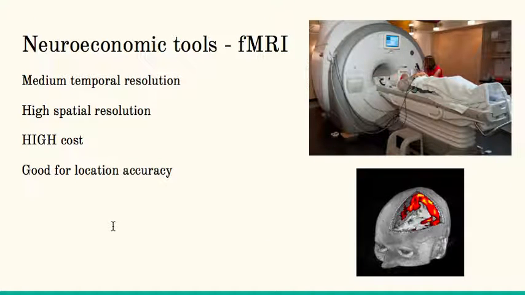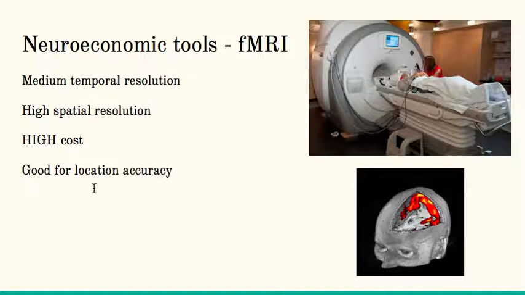The fMRI is the most used tool of neuroscientists. It has good temporal resolution, so it operates quickly, but not instantaneously. It has a slight delay of a few seconds, but it has very high spatial resolution. It is also very high cost, and it is excellent for location accuracy. So it can look in 3 dimensions across cross sections of the brain to determine where exactly the activity is